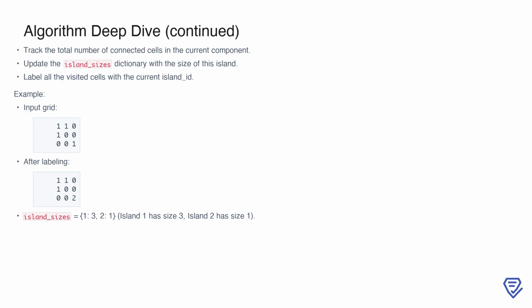For example, given a grid where the top left island spans 3 cells and there's a separate single-cell island in the bottom right, we would label these islands uniquely. After labeling, the grid might look something like this. The top left island could have an ID of 1, and the bottom right island an ID of 2. Corresponding to this labeling, the island_sizes dictionary would store 1, 3, 2, 1, where 1 refers to the size of the first island and 2 refers to the size of the second. This pre-computation step ensures that we have all the information needed to efficiently evaluate the impact of flipping each water